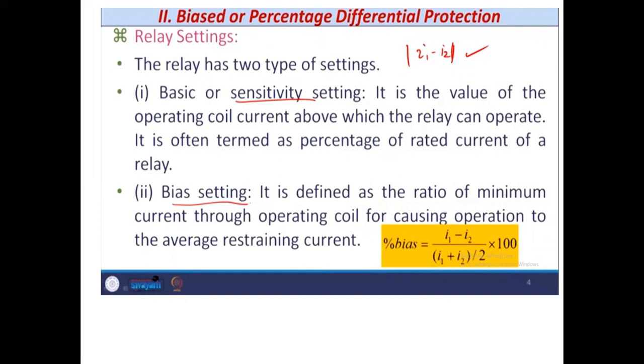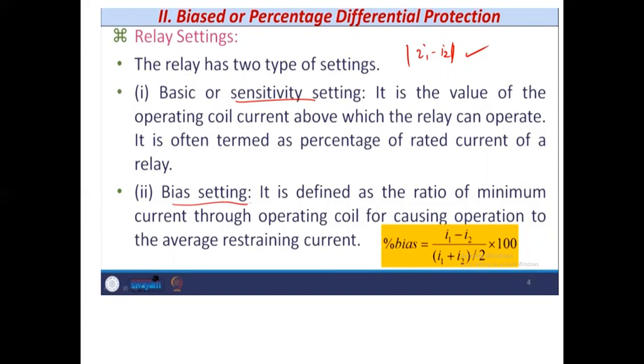So this you will get in percentage. You can see that in the case of circulating current differential protection, the spill current I1 minus I2 flows because of two problems, as we have discussed. In the case of bias differential relay, even though differential current is there, the spill current is there, and this setting exceeds, but the percentage bias setting is not going to exceed, because even though I1 minus I2,